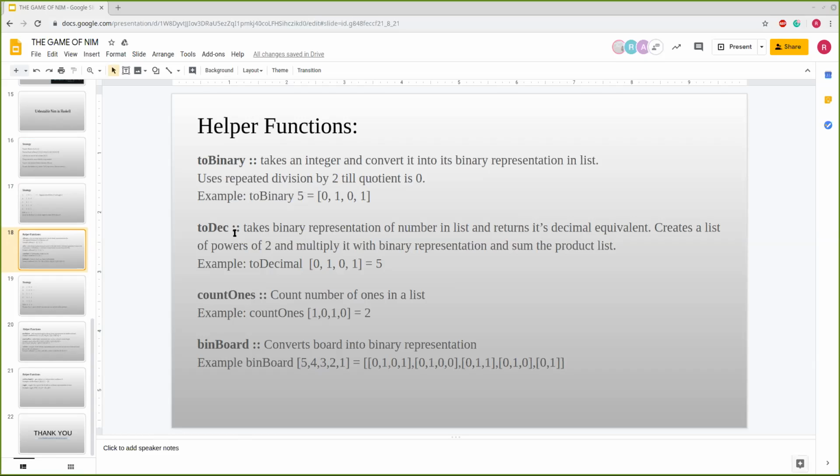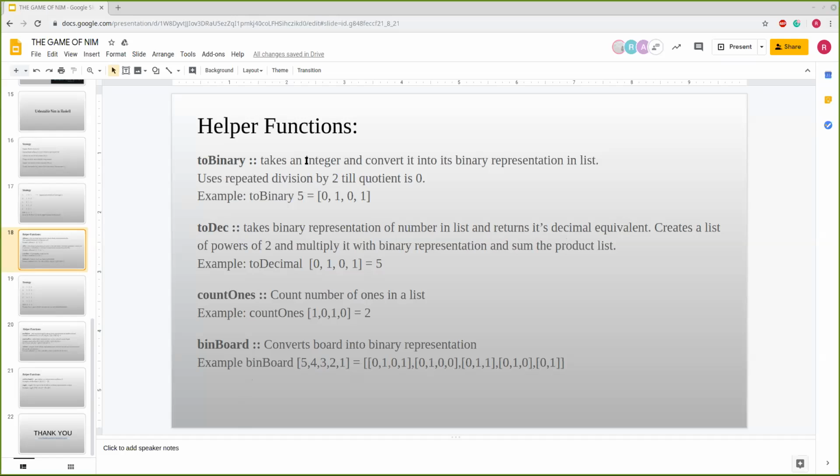Similarly, toDecimal will be needed to convert from binary to decimal. It will take the binary representation and give the decimal equivalent. Suppose 0101 will give the output 5.